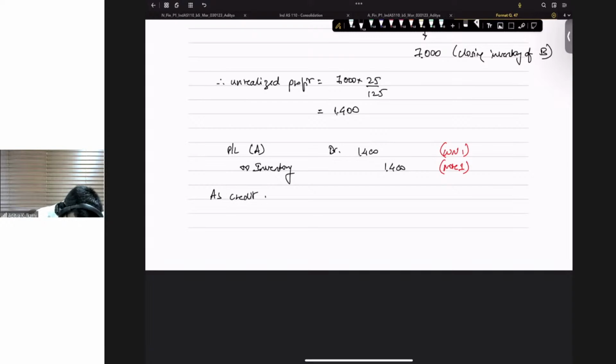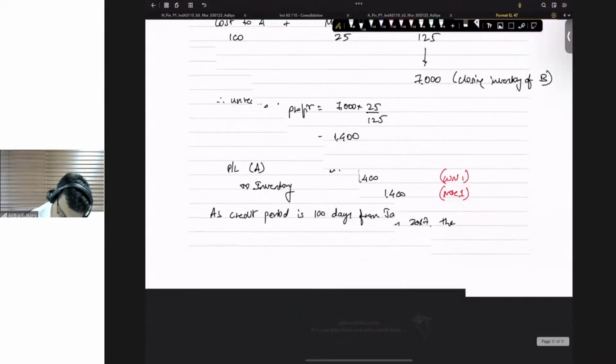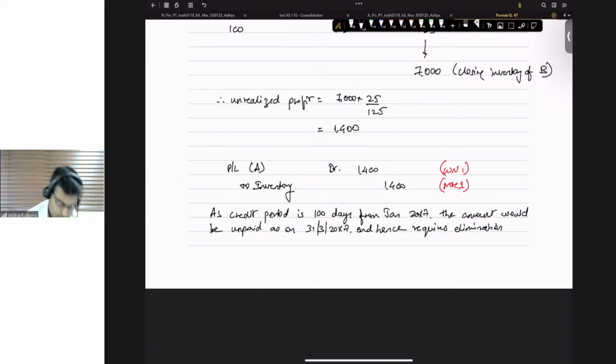As credit period is 100 days from January 20x7, the amount would be unpaid as on 31st March 20x7, and hence requires elimination. So entry will be